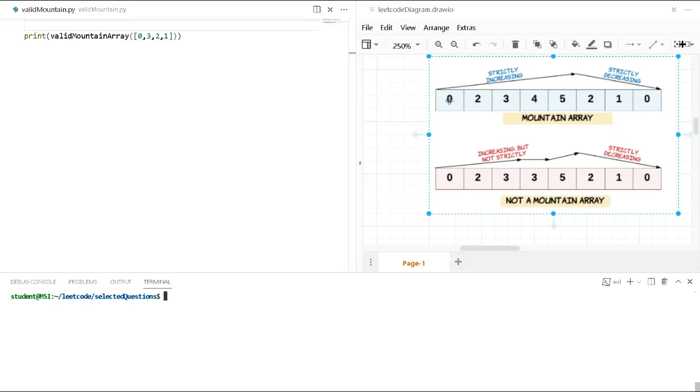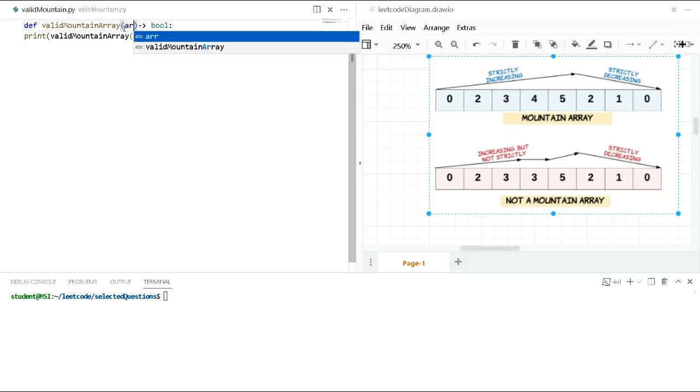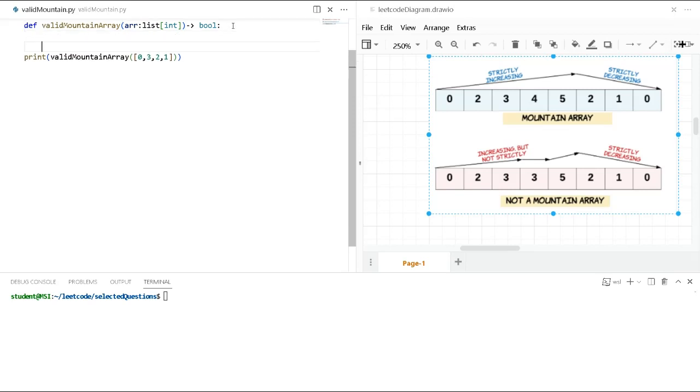We're basically going to try to detect the increase of numbers and the decrease of numbers. So we have a Python code here, and we're going to return a Boolean value, and we're also going to receive an array, which will be a list of integers. So that will be our function, and inside this function we will have an index starting from 1, and we will try to detect the